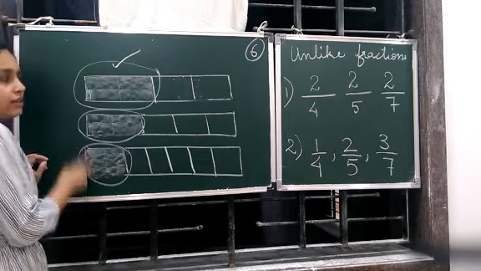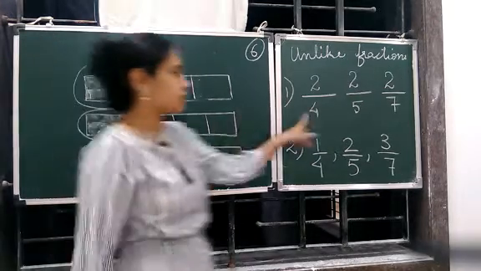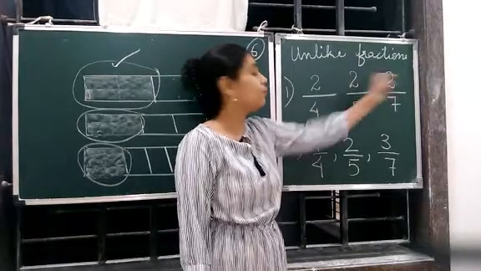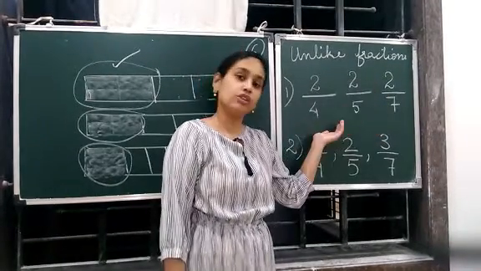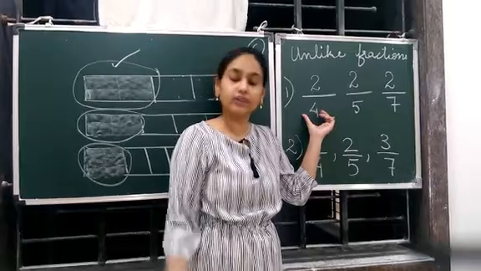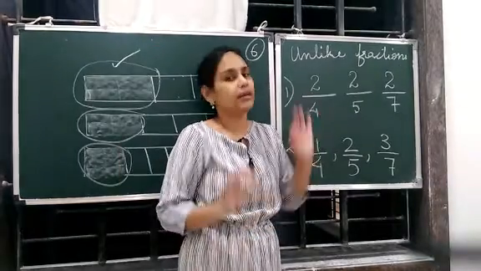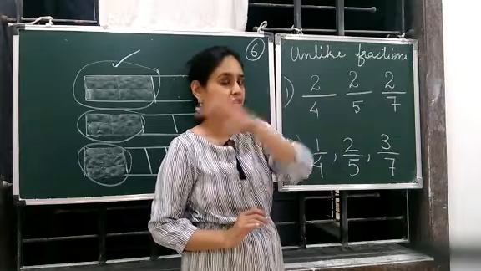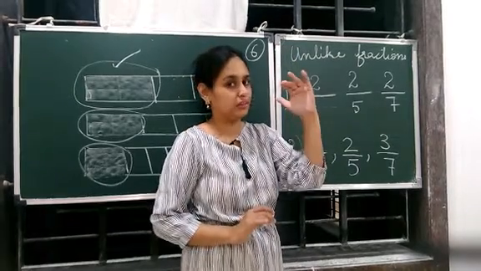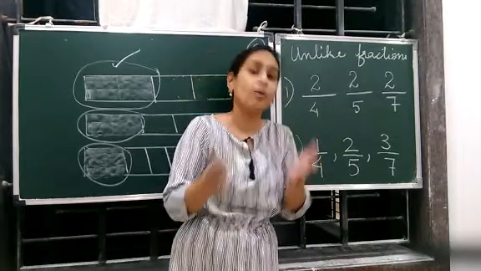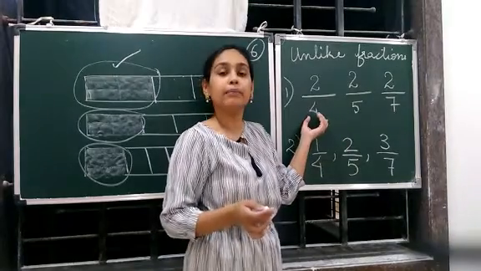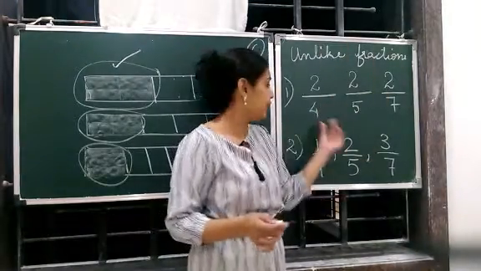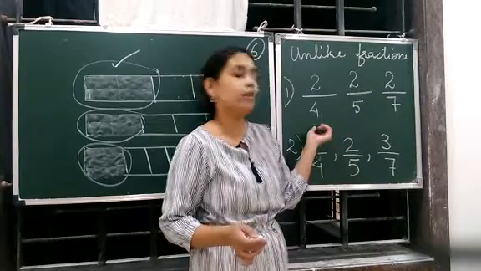Correct? Right? Now let's go to the fractions. What did I say? When we compare fractions where the numerators are same, then also we compare the denominators only. But this time, not like the previous one where the denominators were same and the bigger numerator is bigger, smaller is smaller. Here it is just opposite. The smaller becomes bigger, the bigger becomes smaller. So when we compare 4, 5 and 7, who is smaller?